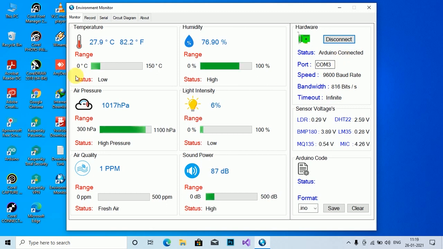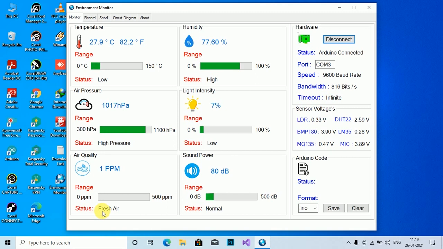If you see, it's showing the temperature in Celsius as well as in Fahrenheit, and it's showing the humidity level in the air. Then it also shows air pressure, and the light intensity. It also shows the air quality.